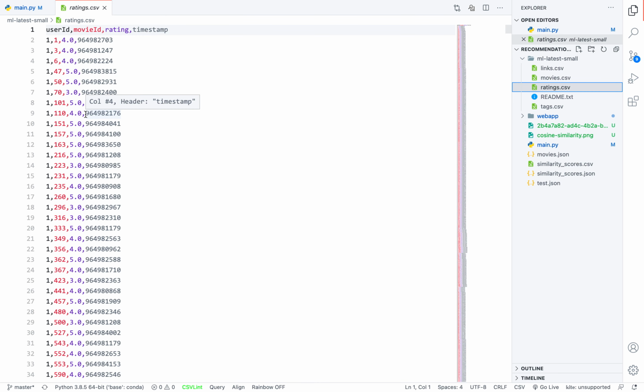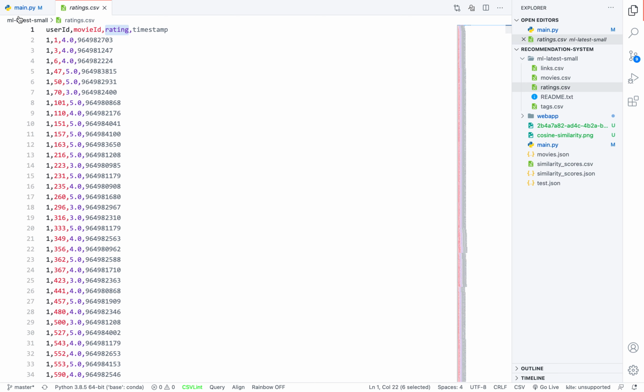We will use movies.csv and ratings.csv. In ratings.csv there are user id, movie id, rating and timestamp. These are four columns, but we only need the user id and rating columns, nothing more than that.